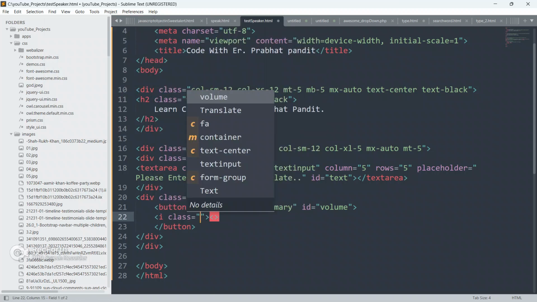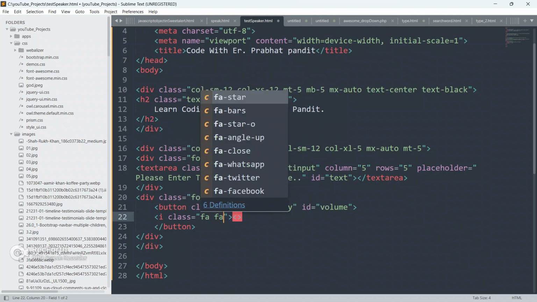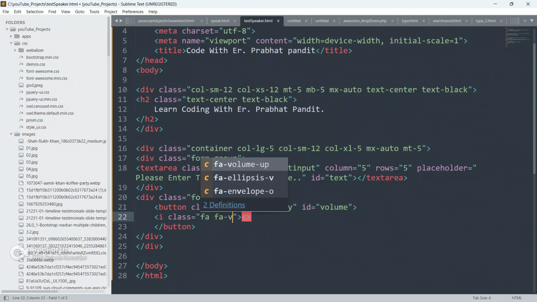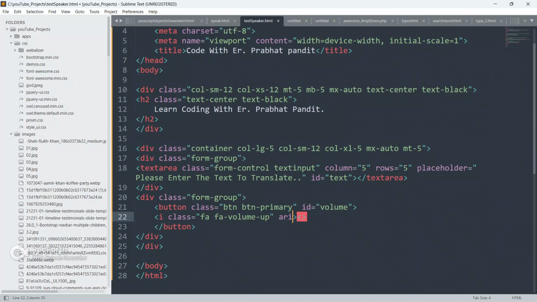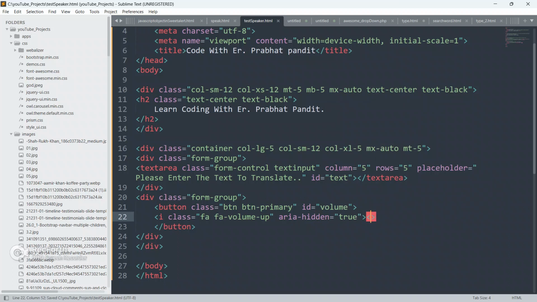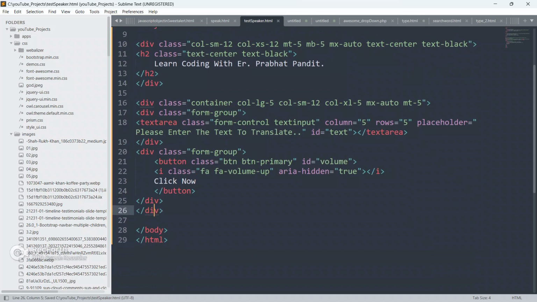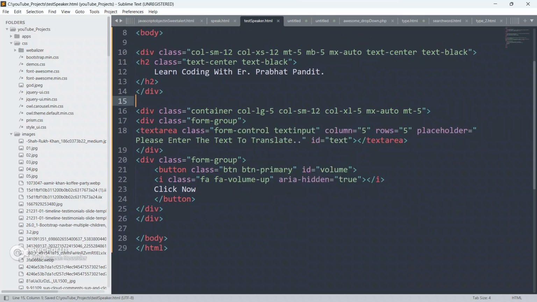We are going to create an icon, a Font Awesome icon. So give it a class as fa fa-volume-up, and aria-hidden equal to true. Close this i now, and give the text Click Now. Okay, so save your code.